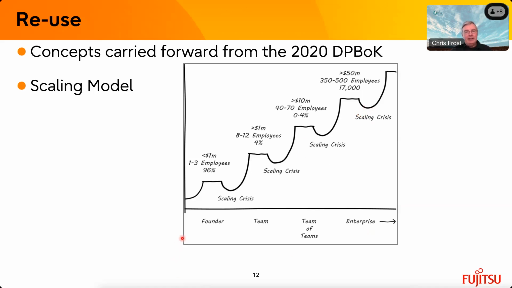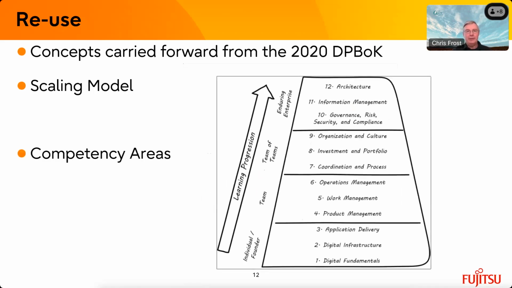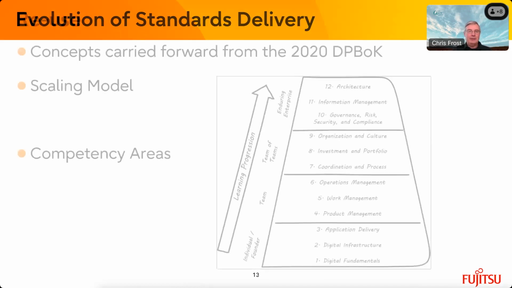And at each stage, there seem to be some sort of plateaus, as they're often called, hence the little flat plateaus on the diagram that indicate growing difficulties, growing pains as you transition from the founder to having a team around you, to having to work with teams of teams, to then eventually transitioning and growing into a large enterprise. And that fits in with the competency areas that I mentioned right back at the beginning. So, whoops, if I just slide back one,